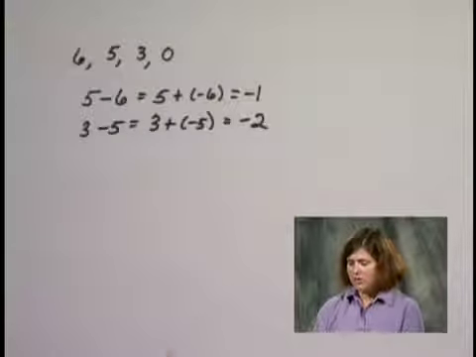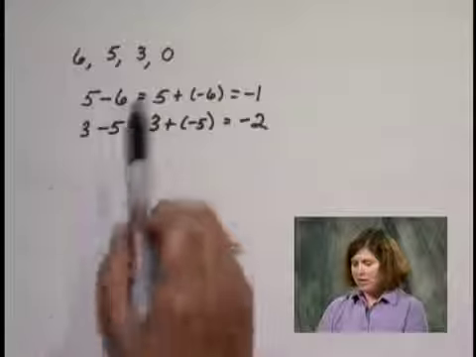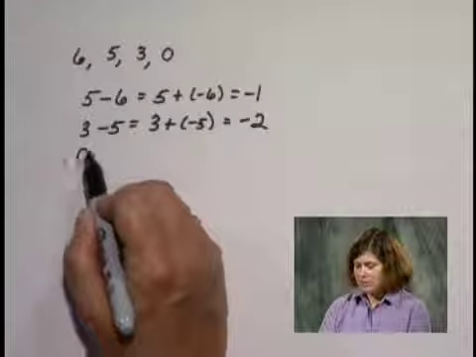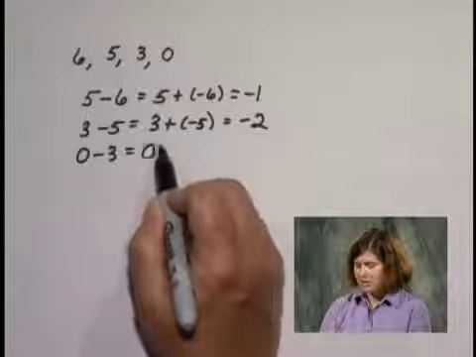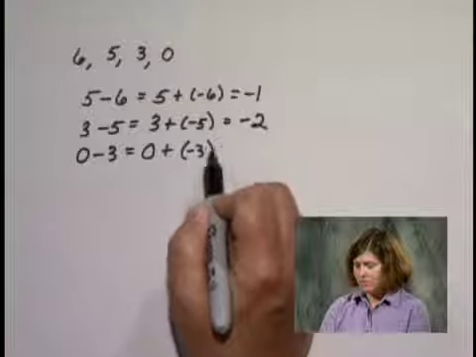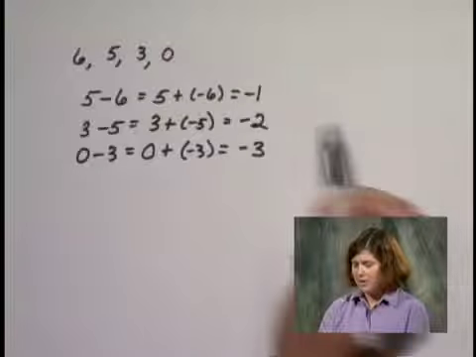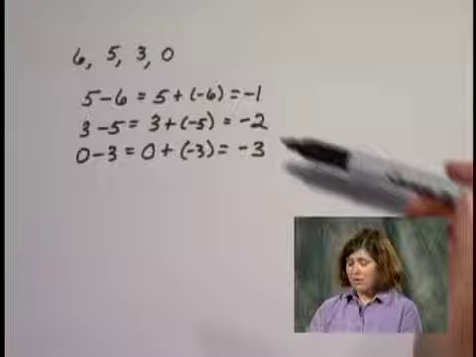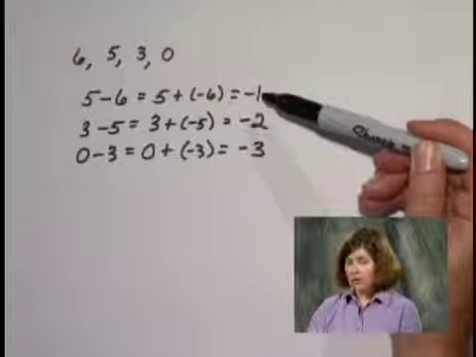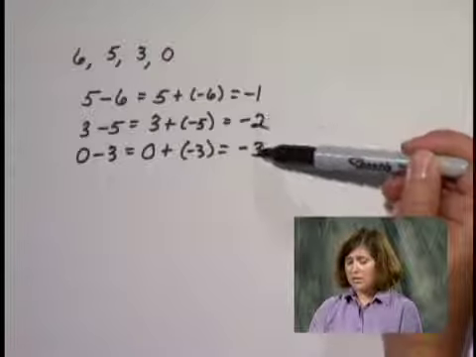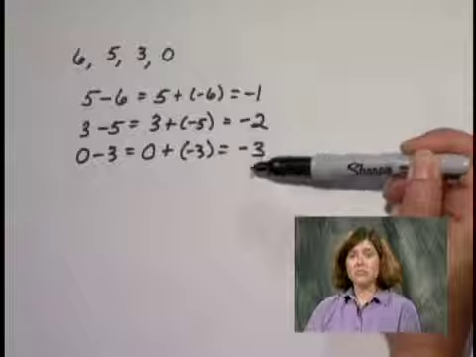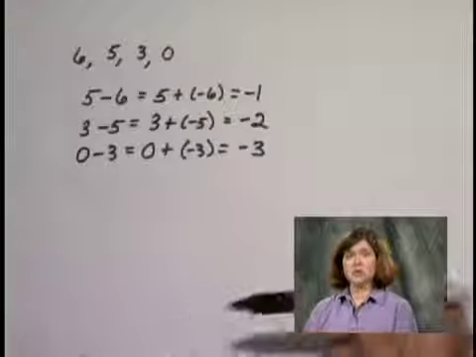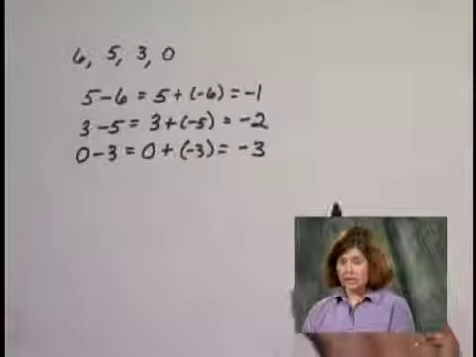So it wasn't the same amount of change each time. Let's check the next amount. 0 minus 3 is 0 plus negative 3, which is negative 3. And now we begin to see the pattern. It decreased by 1 the first time, 2 the second time, 3 the next time. So by following that pattern, we can subtract 4 and then 5 and then 6 to get the three remaining